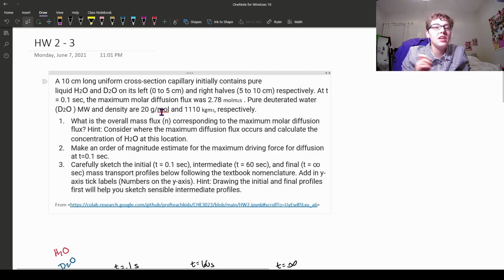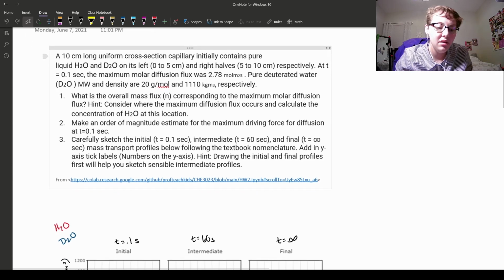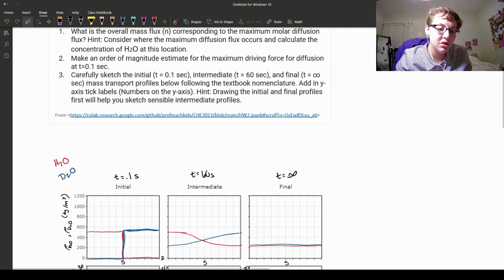The problem involves a closed capillary system with H2O on one side and D2O on the other side, equal volumes, and then they're going to be diffusing together. And in this third problem, we are going to be sketching some graphs that will describe different components of the system at different times within the system. So if we go ahead and look at the first one,